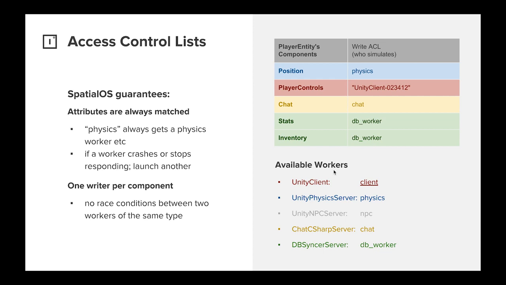Under the hood, the way SpatialOS works is there's a known component that we ship, called the access control list. Basically what this does is pair constraints with requirements. So when an entity gets spawned and its constraint is physics, SpatialOS will launch a physics worker. It's just a naive string pairing. You give us the command to run to bring up the worker, and you give us the string constraints to pair with that command. So SpatialOS orchestrates the workers, launches the workers for you, and then runs the load balancer.